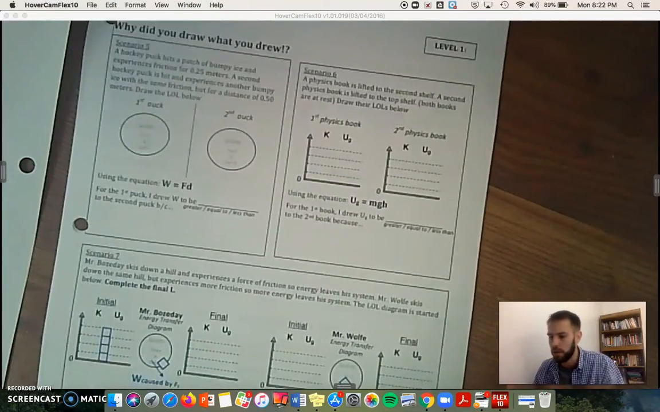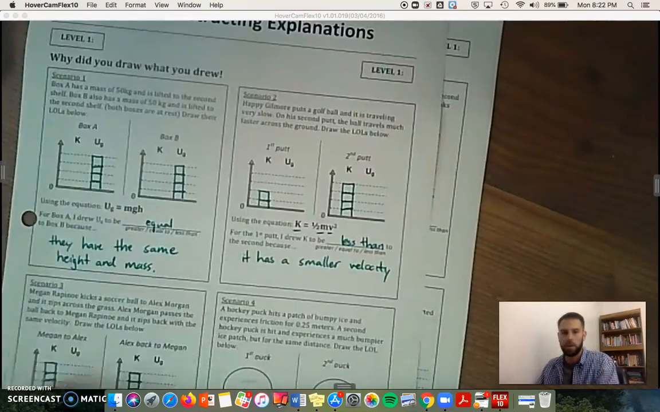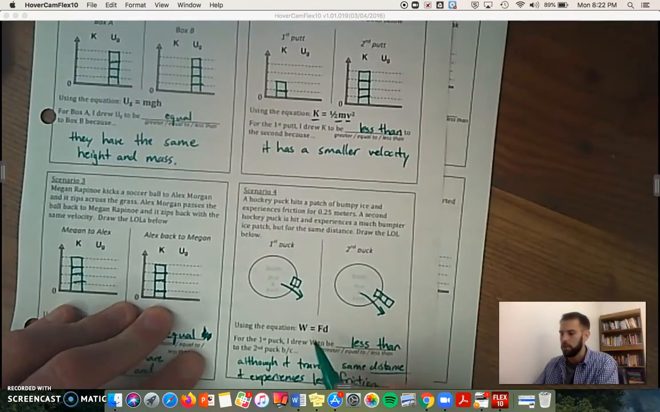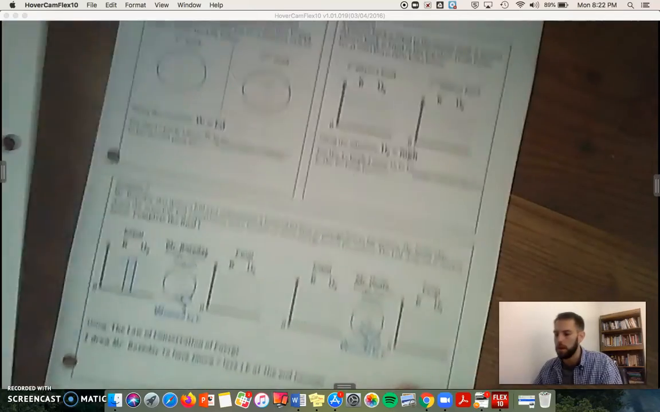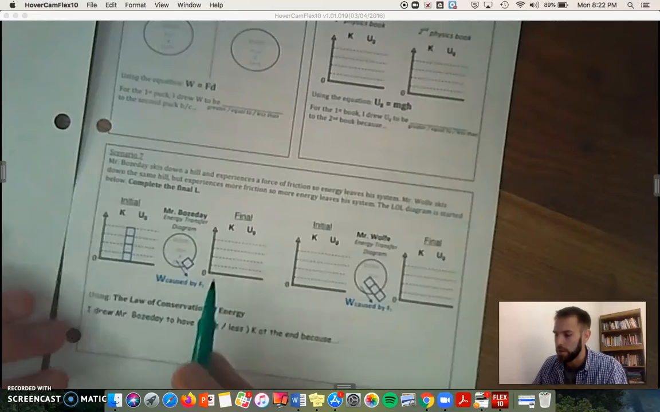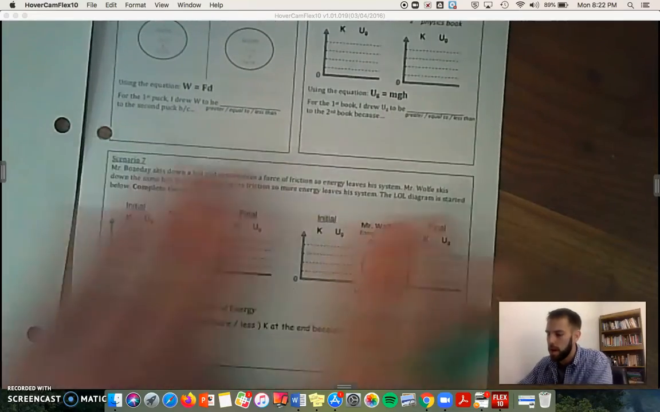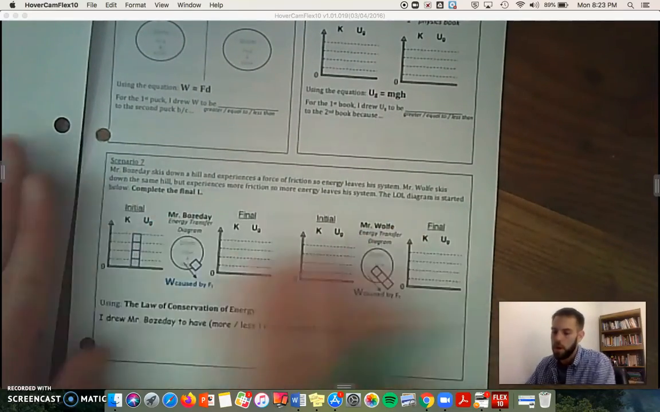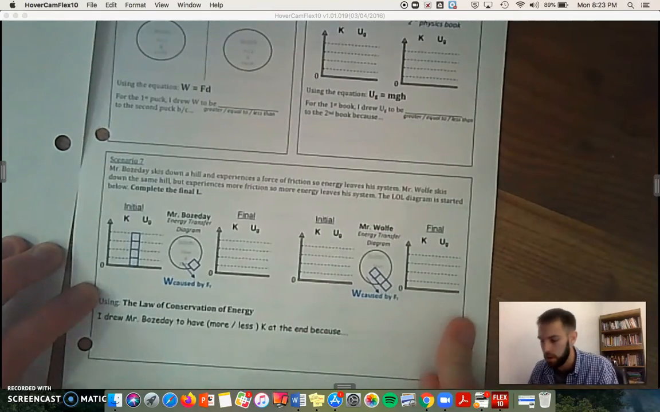Very, very similar stuff. Remember how we modeled work right here? We're going to use the equation work equals force times distance for that. And then here, it's still kind of a similar thing, but instead of just looking at one box between two scenarios, we're going to look at the whole LOL between two scenarios. And